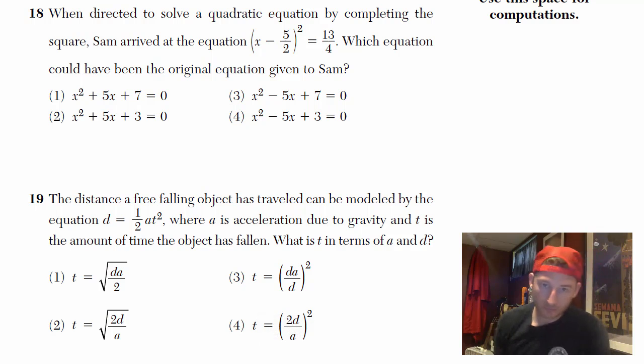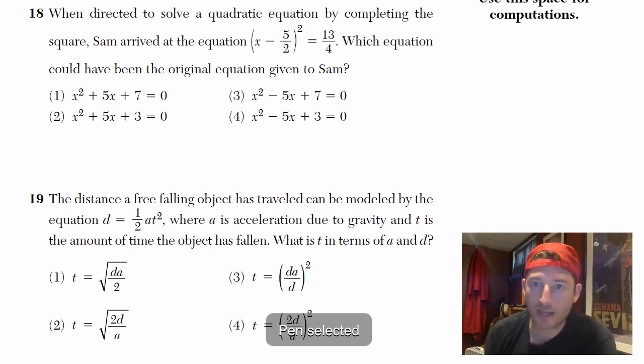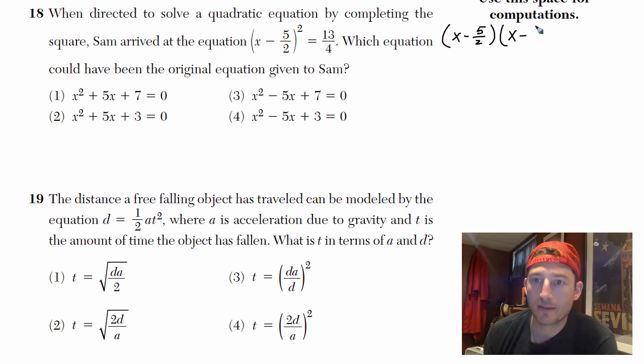Number 18. When directed to solve the quadratic equation by completing the square, Sam arrived at the equation shown here. Which equation could have been the original one? All right, to solve this, all I'm going to do is work this equation out. So that's x minus 5 halves times x minus 5 halves equals 13/4. So that's going to be, and I'm just doing FOIL here, minus 5 halves x minus 5 halves